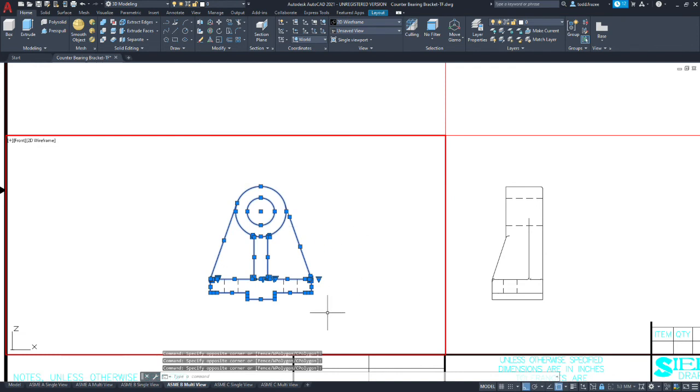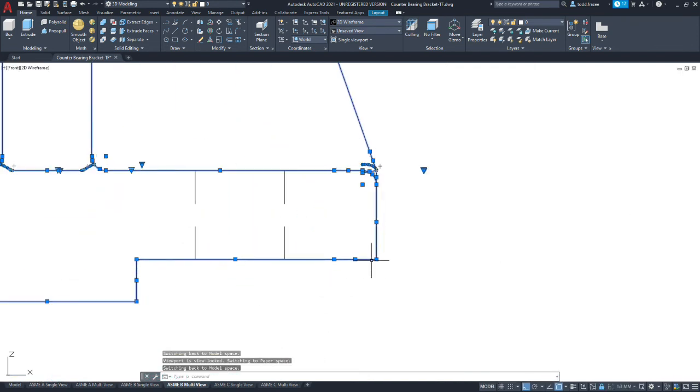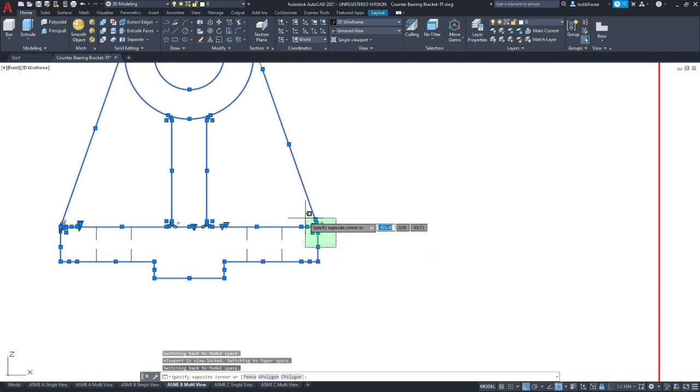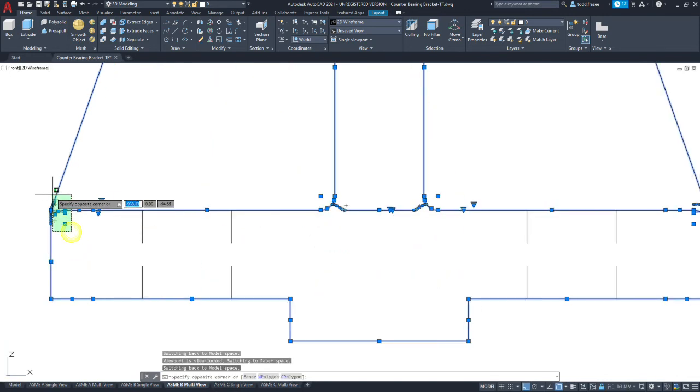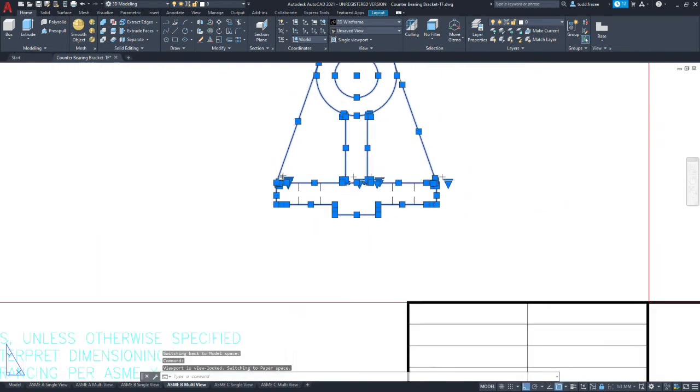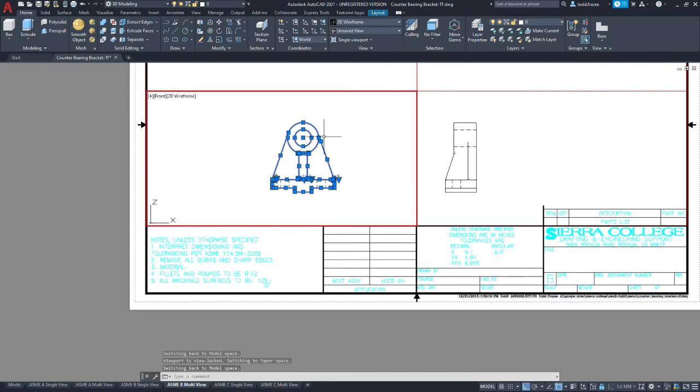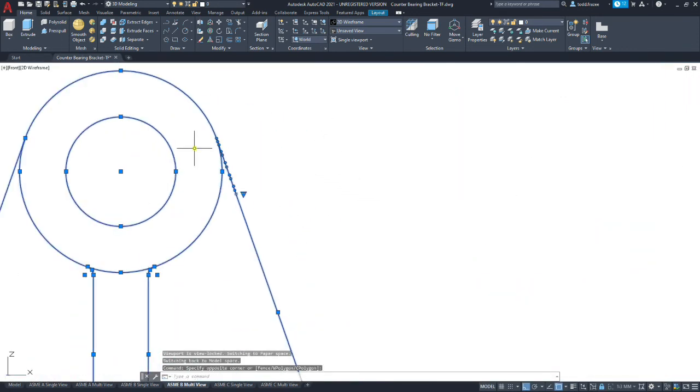Okay, so that should be everything. Sometimes you want to zoom in and double check. And you get the corners again. Looks like I got it all, except for this.